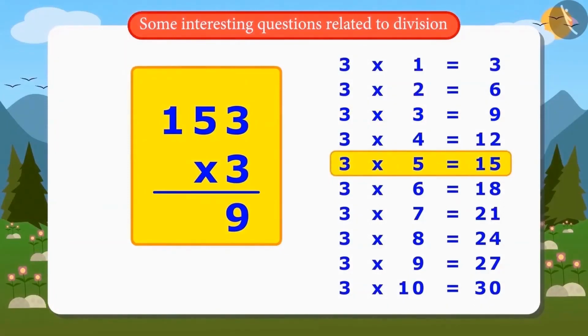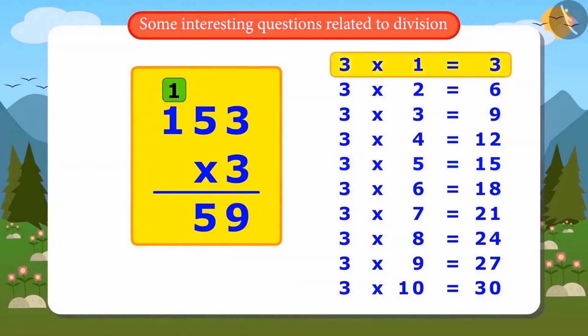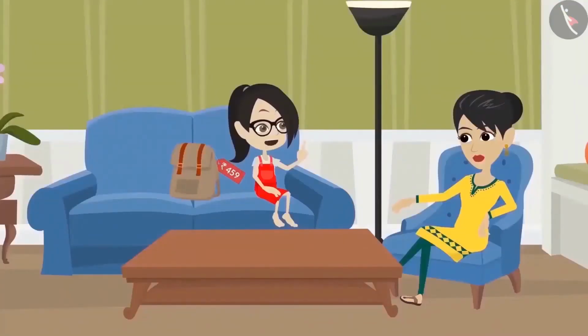So while multiplying, we keep 1's digit at its designated place. And we keep the digit at 10's place here. It will be written like this. 3 ones, 3. After adding the carried over 1, the answer is 4. "Oh yes, Mummy. After multiplying 153 by 3, the answer came equal to 459. That means I have divided correctly."